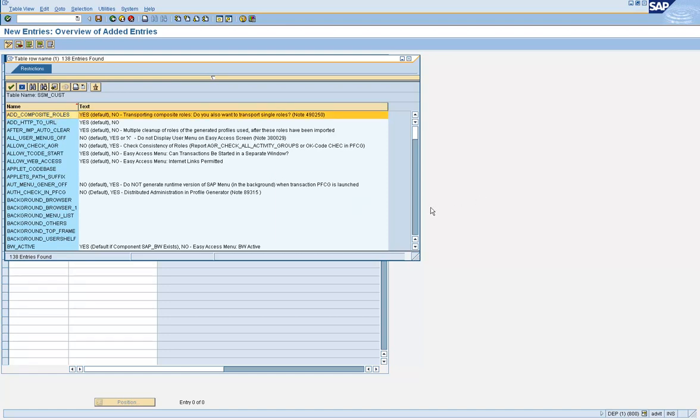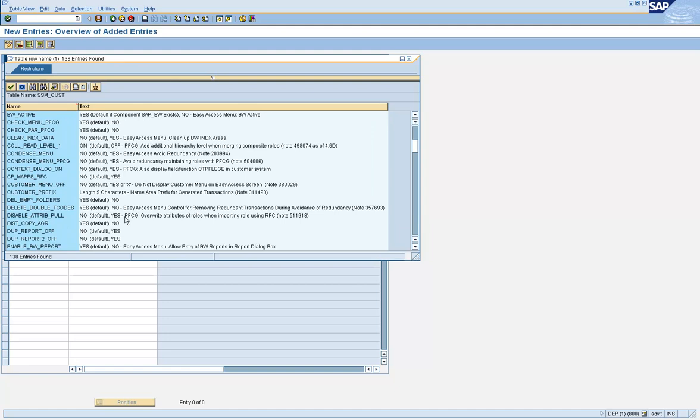If I say no to this parameter, when you try to transport a composite role, the system will not ask you whether you want to transport the single roles or not. Another example is delete double T codes. Let's say the same transaction code is part of multiple rows, and the multiple rows are assigned to the same user.